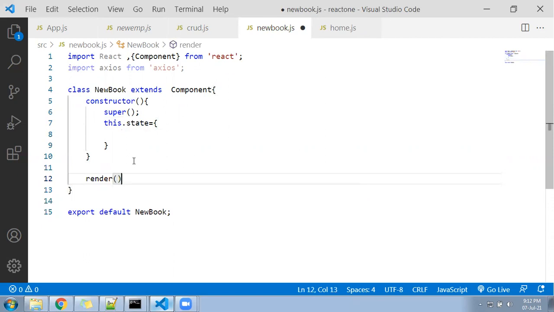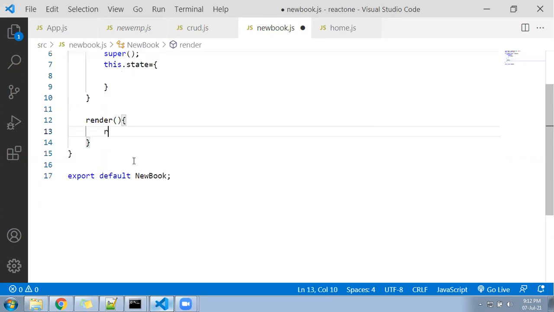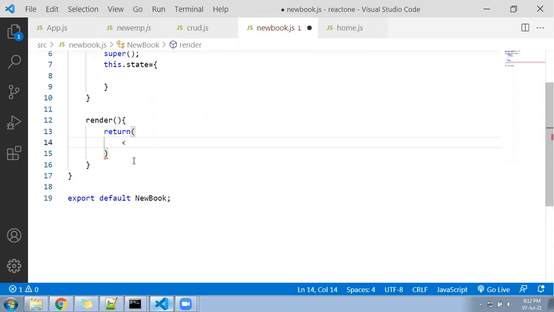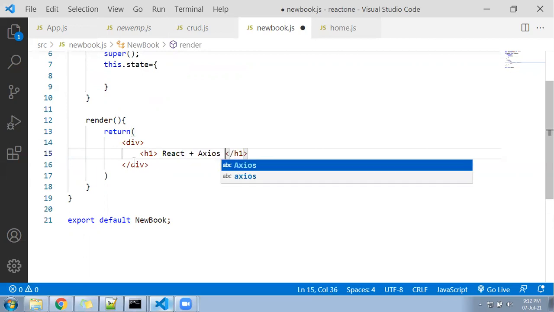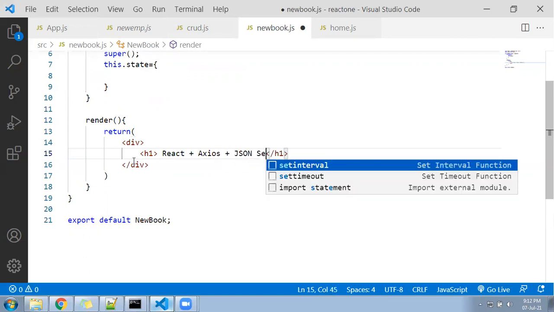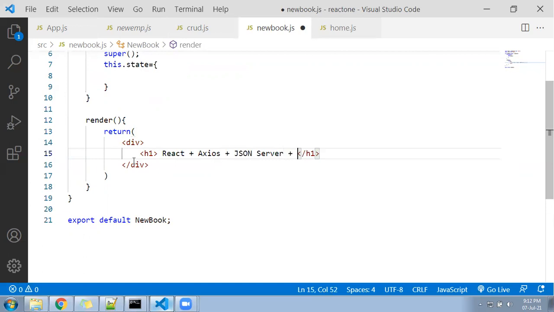Inside the render, I will be writing a div just as a parent JSX element, and inside I'll write an h1 saying React plus Axios plus JSON server plus post data example.